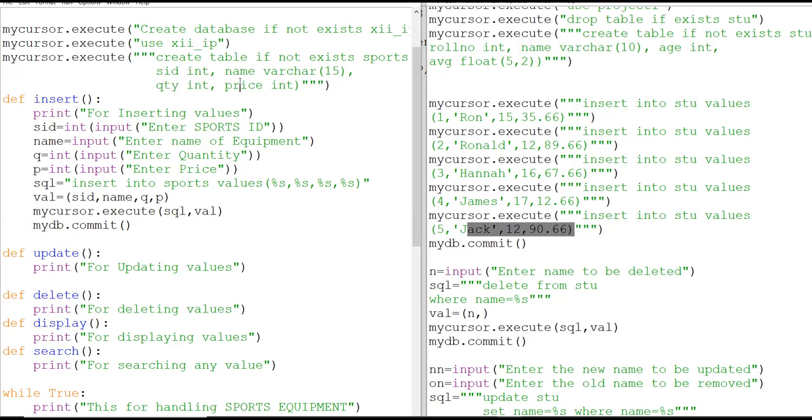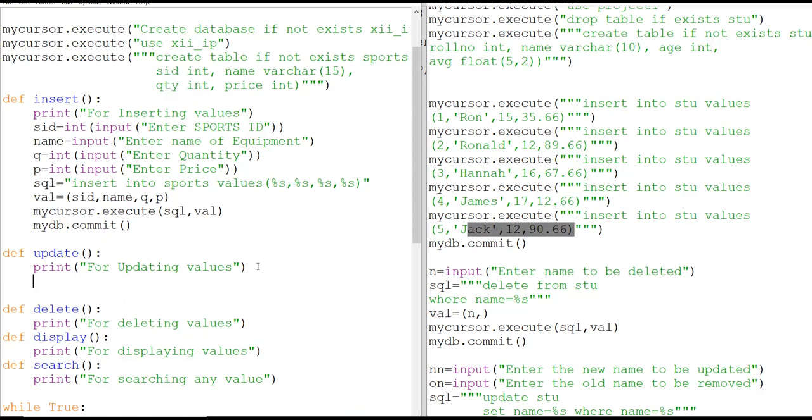We are assuming that price is also fixed. Like this, you can make 3 types of update function: for updating name, for updating quantity, for updating price. We have one more extra facility for that, but we will not discuss that right now. Today we will only discuss how to update quantity on the basis of SID.